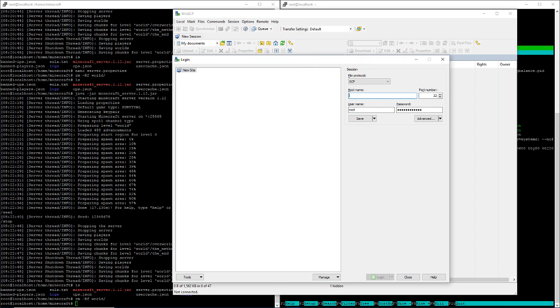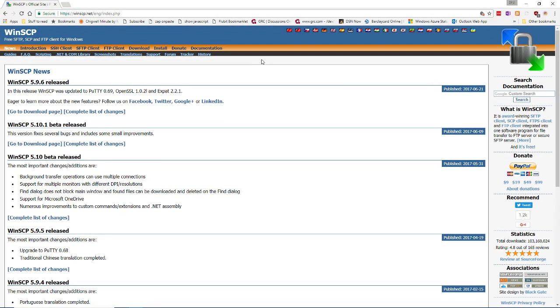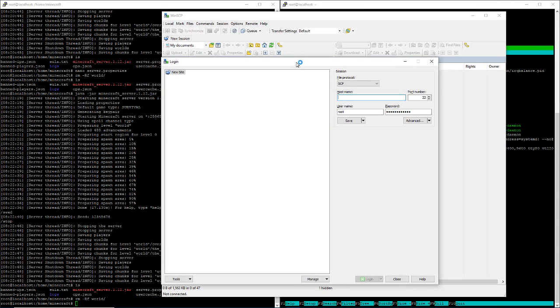Now the tool to use for this is called WinSCP from a Windows box. Here is the website for WinSCP. Just download and install the latest release, and this is what you'll end up with. The important point to note is you want to make sure the file protocol is SCP, which stands for Secure Copy. It's the way to upload stuff to a Linux box. The host name will be the IP address we had earlier,